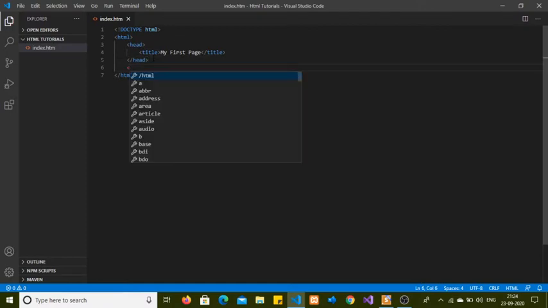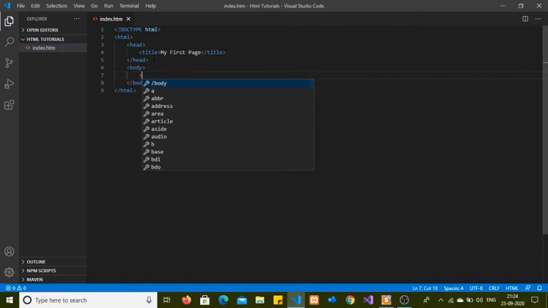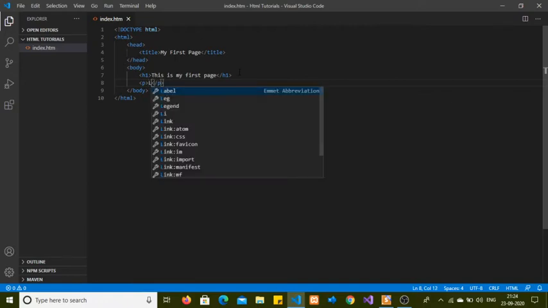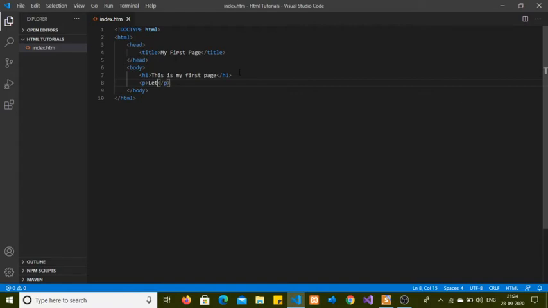Okay, body, h1, this is my first page. Okay, I'm writing another paragraph. Let's run this page.